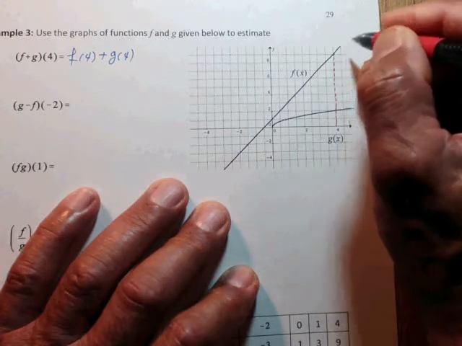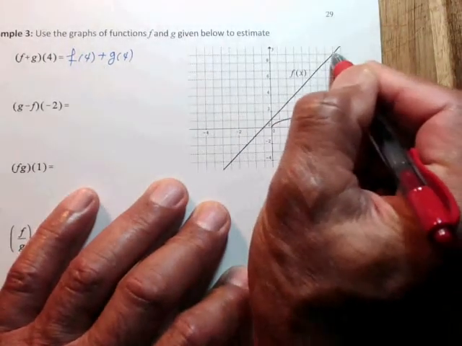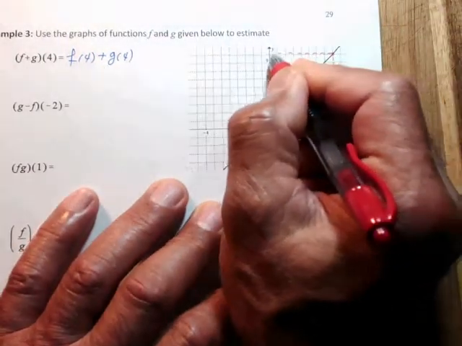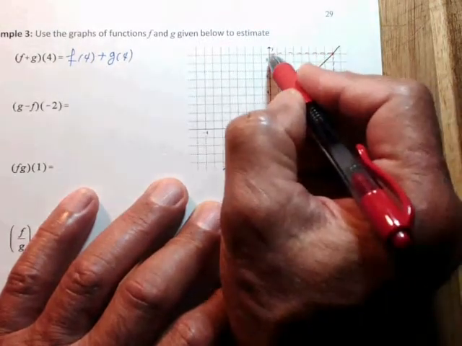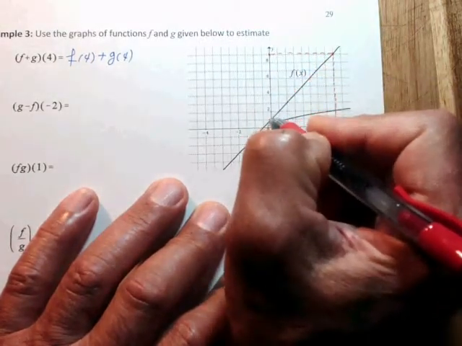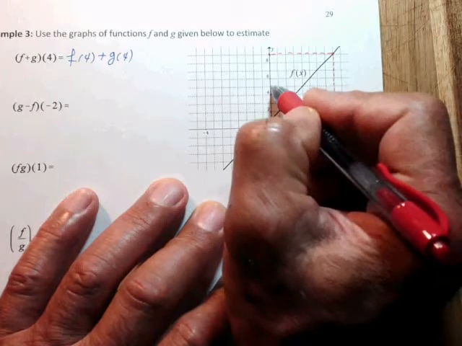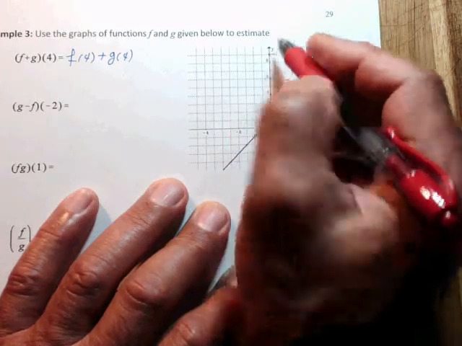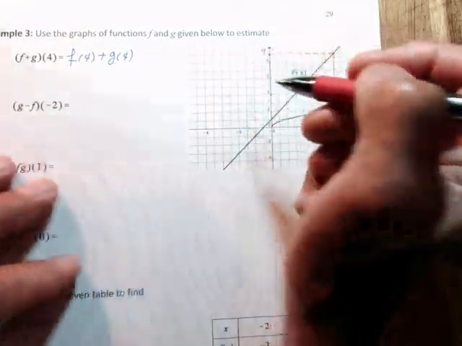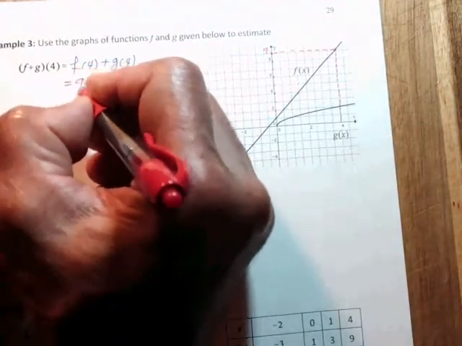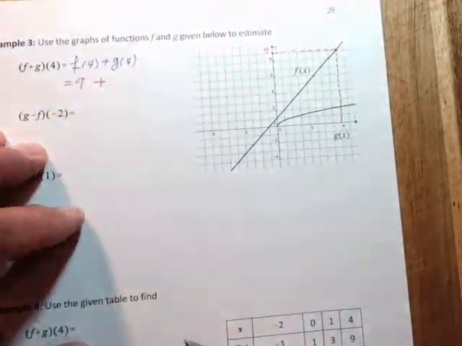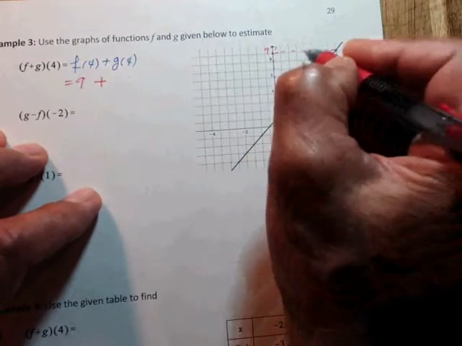So we get to the function f, and then I go horizontally. Then I get to this number. What is that? 1, 2, 3, 4, 5, 6, 7, 8, 9. So f of 4 is 9, plus